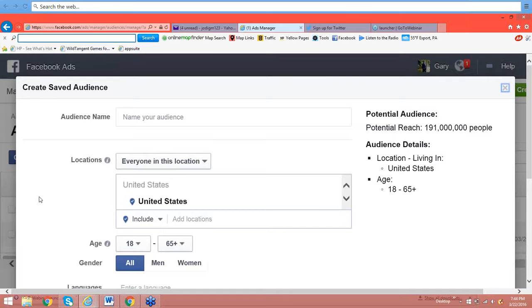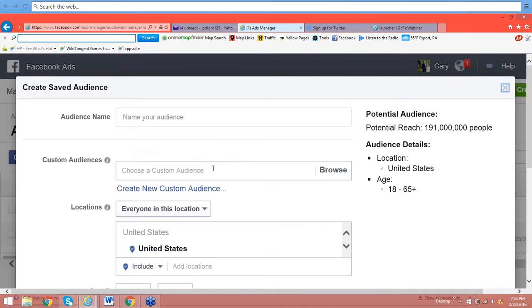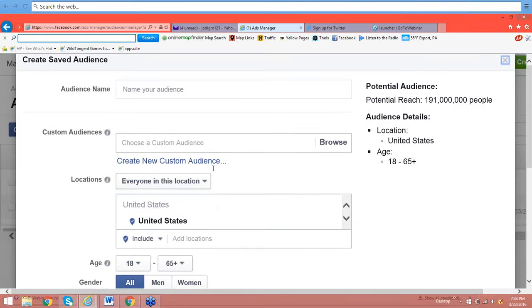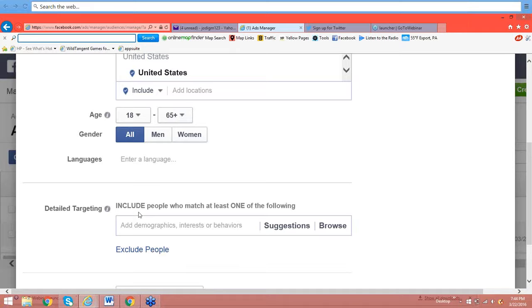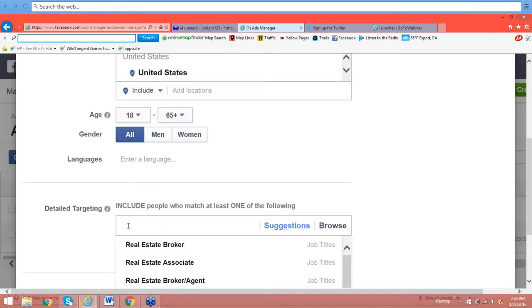And again, it's important to set the age, and the biggest thing is your detailed target. So who exactly are you looking for? Do you want photographers? Do you want teachers? Do you want retirees? Do you want maybe people from 18 to 25, your age, so that can even make a difference, or maybe the next time go from 35 to 65. So you can change things around like that.